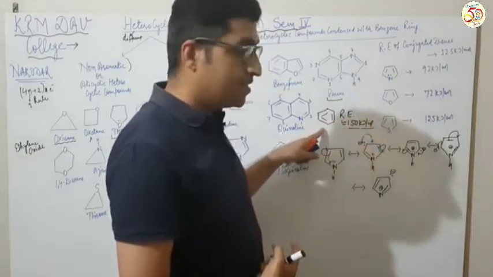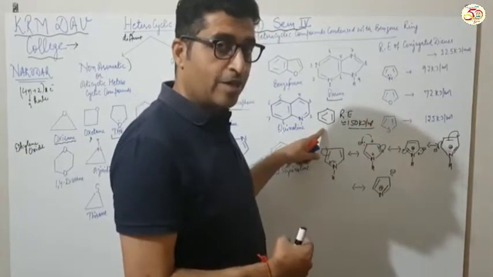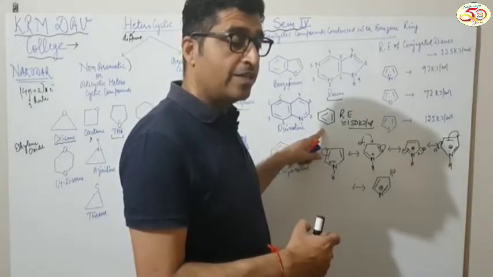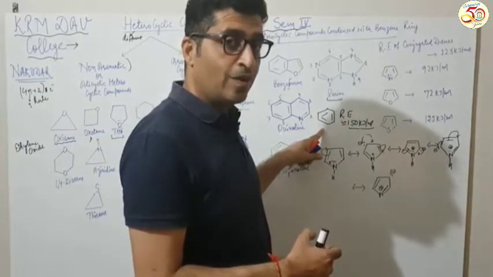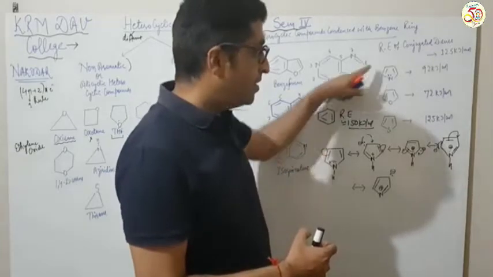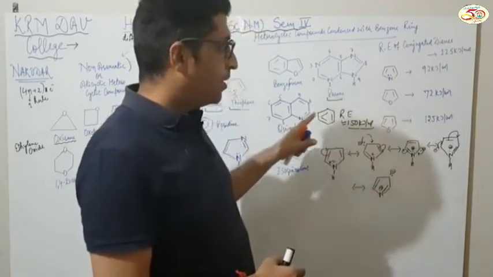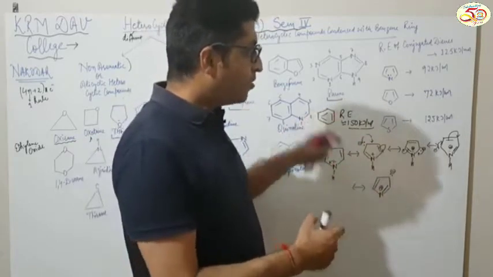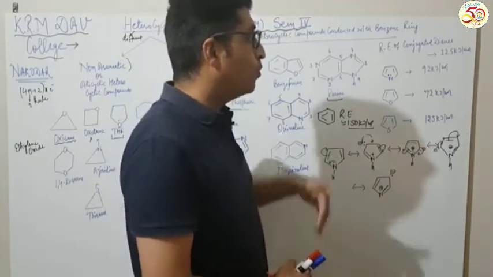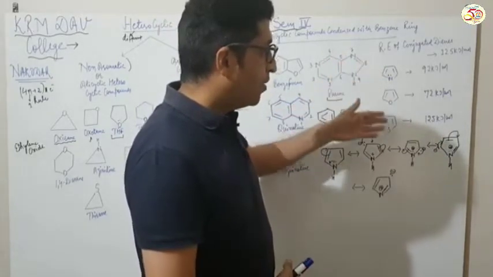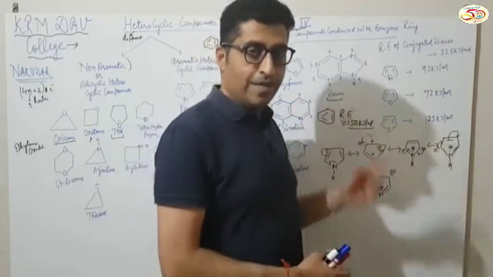Whereas in this case, 6 electrons are coming from 6 atoms. It means in which case is electron density more? Yeah, definitely in these cases electron density is more. So definitely electrophilic substitution reaction is going to be more favorable in pyrrole, furan and thiophene as compared to benzene,